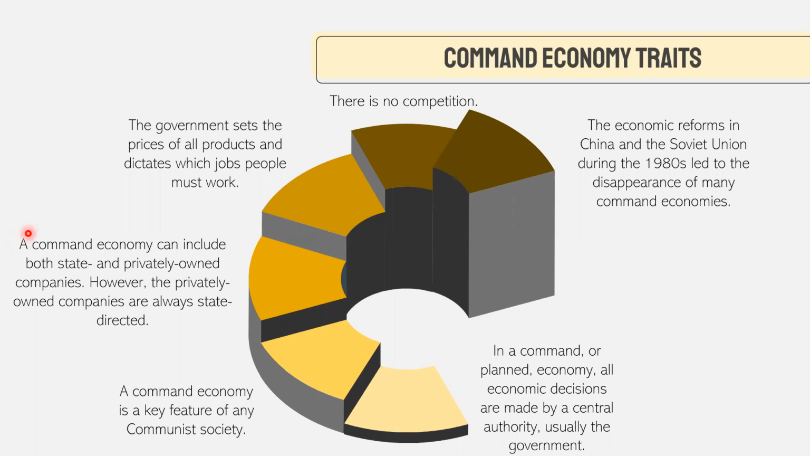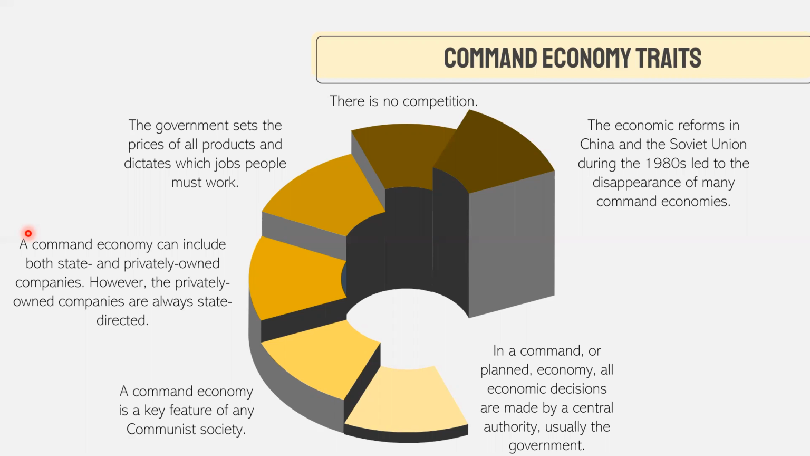Characteristic number 3, a command economy can include both state and privately owned companies. However, the privately owned companies are always state directed. What does this mean? That, for example, imagine that your parents, well, some of them do, own companies, okay? So if we had a command economy here in Venezuela, then we would have companies that are owned by the government, by the state, and we would have companies that can be owned by normal people, like you and I